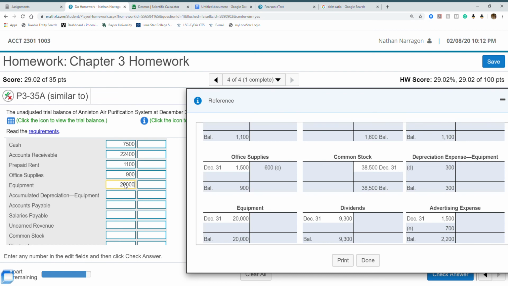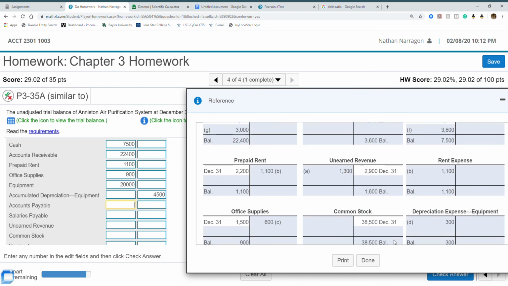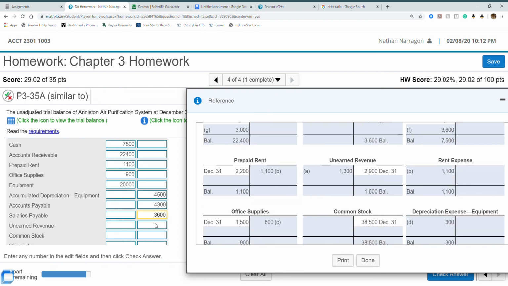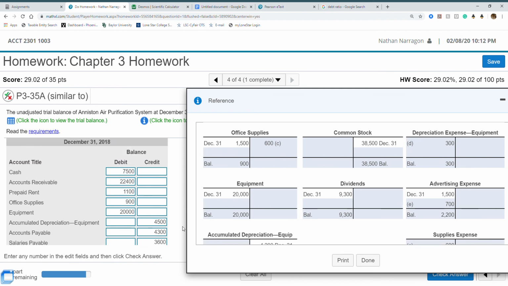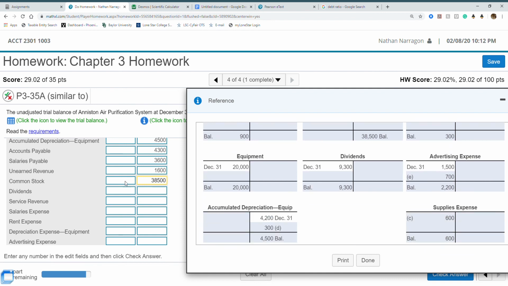equipment, 20,000, accumulated depreciation, again, this is debit, this is credit. That's all you're doing is following along. So 4,300, salaries payable, 3,600, unearned, 16, common stock, 38,500. The only problem is you're going to eventually have to add them. So dividends, 9,300,